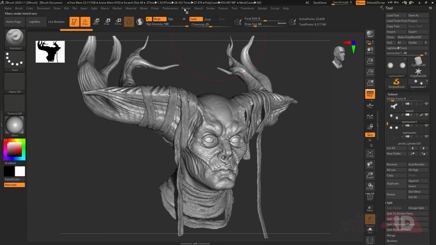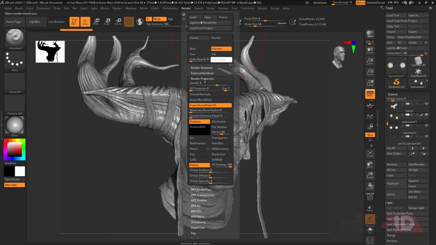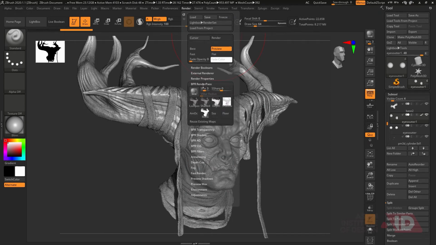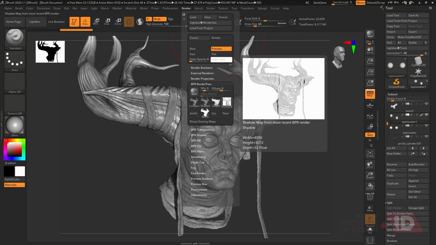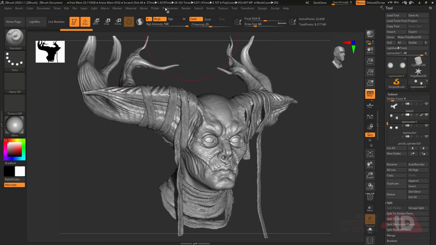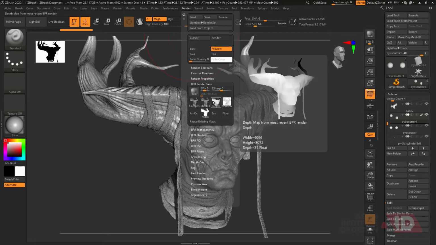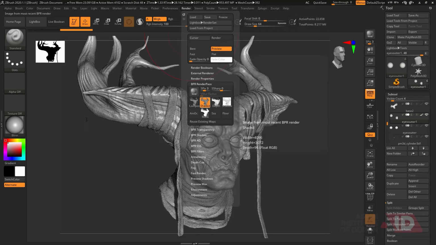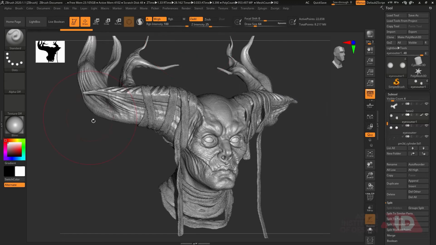Rendering is done. So I got the reflections and everything. Go to render passes. This time you can see you have this reflection and you have this. So you can go ahead, click on your shadow to render and your shaded, click on this too. So your rendering is done in ZBrush.